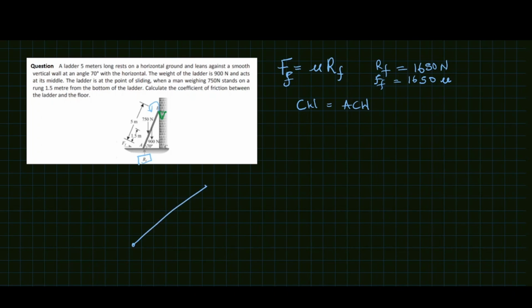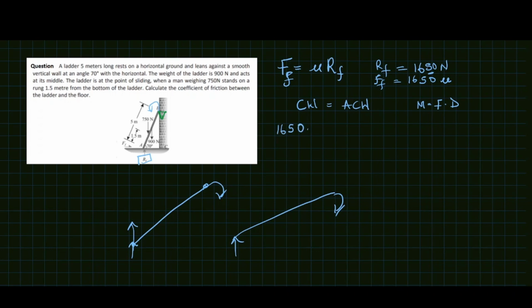So if the ladder is at this point and there's a force acting this way, if you keep pushing the ladder upwards, guess what? It begins to turn in this direction. It keeps going down as you keep pushing this point up. So it's going to create a clockwise moment. Therefore, we know moment is force times distance. I forgot to write this. The force in that case is RF, which we now know as 1650 newtons,